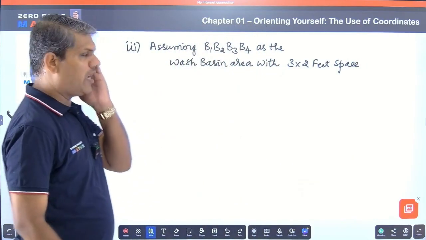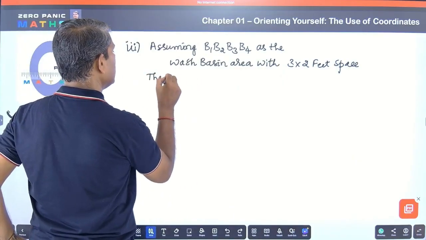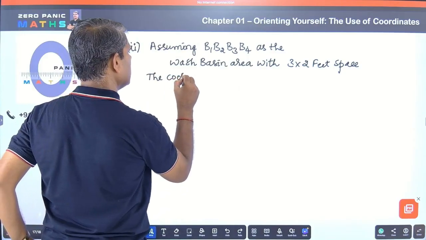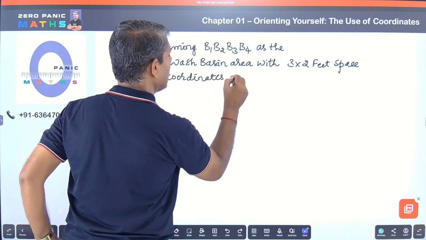We have mentioned 3 by 2. So the coordinates are, you need to mark that. Okay, the coordinates are,